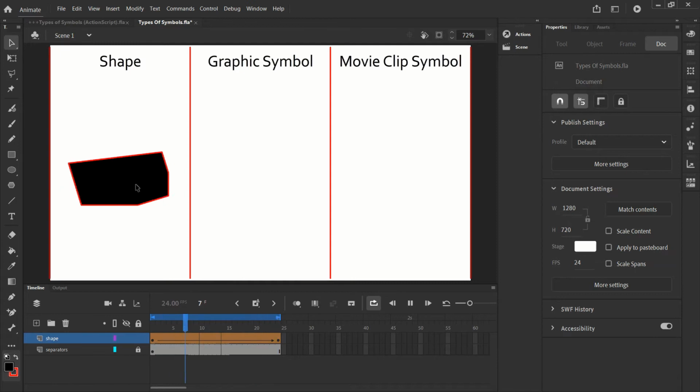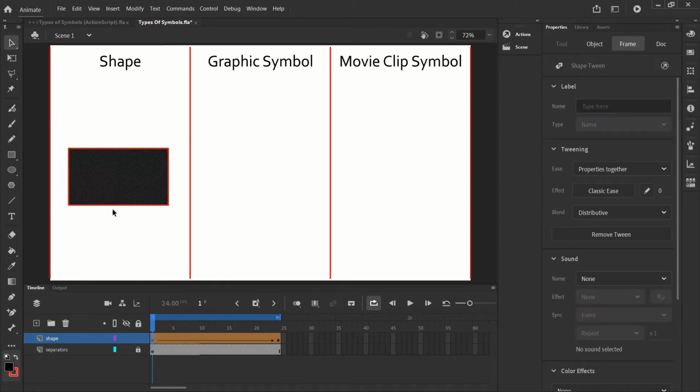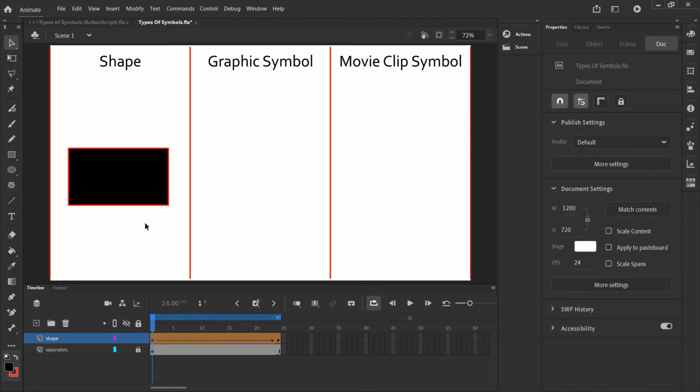Okay, so we could leave it like this, or there are some things we could do to try to give Animate a guide and some help on how we want it to manipulate the shape with the shape tween. I'll pause the animation and bring it back to frame 1. So what we can do is give animation hints on which part of the shape to animate to the next part of the shape. Okay, so what we can do is press Control, Shift and H,